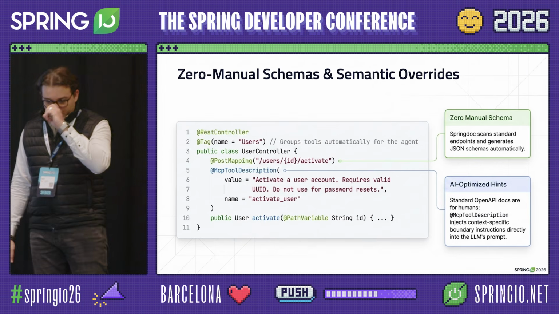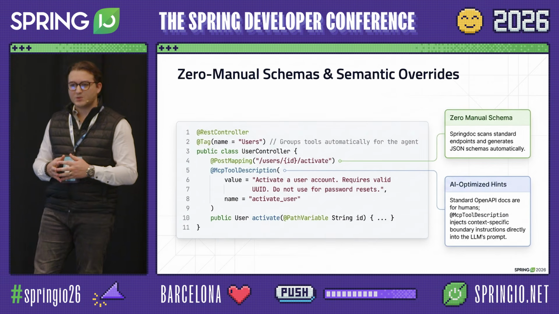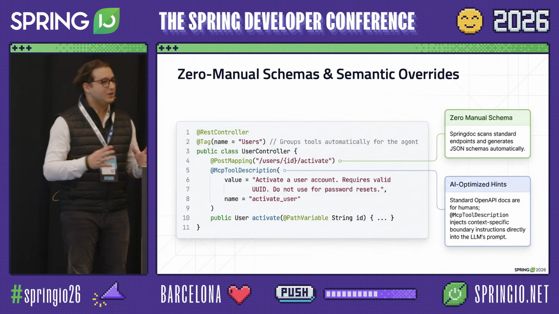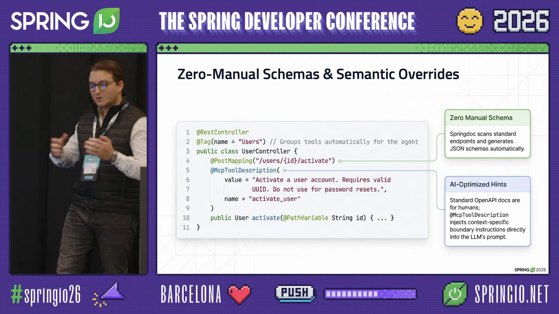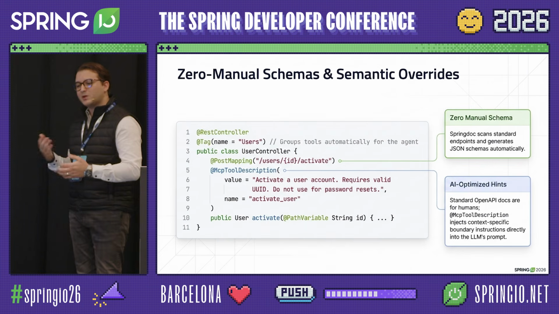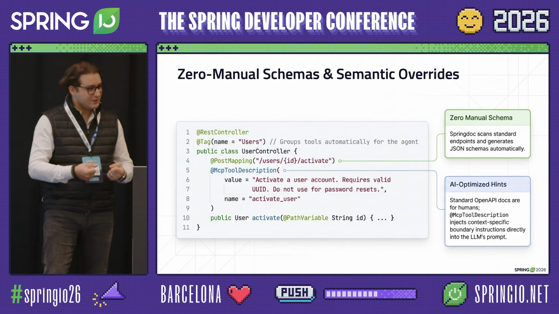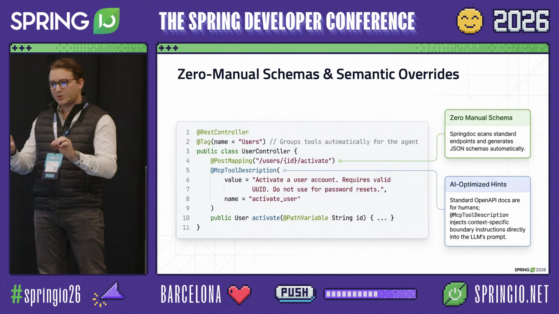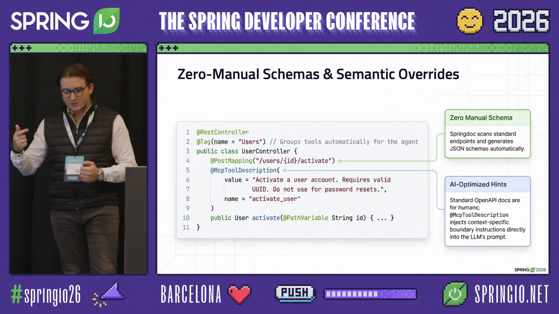Here is an example of a prompt that you want to share and expose as a description for your AI agents. Let's suppose that in your application you didn't have the MCP tool description. How will the AI agent guess that to call this API you need a type UID, for example? And if I want to add some guardrails, like I don't want to use password reset or some sensitive operations, how can I enforce this? Because I have the front-end developer that is consuming my APIs, but I also need to make sure that my AI agents have the most accurate description. So what you can do is add an annotation, MCP tool description, that will be automatically exposed